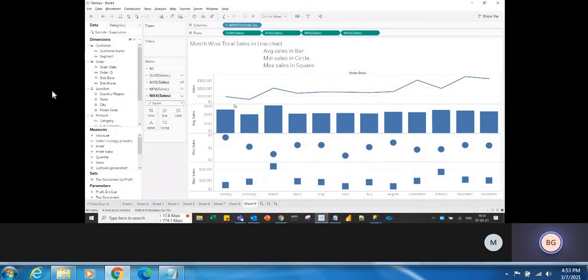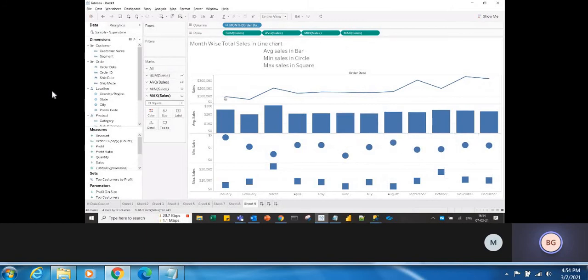And you can do the formatting, right? Like color you want to apply, you can apply, and size you want to change, you can do it. All those formattings, and even the tooltip formattings. See, if I place the cursor on average sales, it is showing everything, right? Month of order date is January, and average sales, maximum sales, minimum sales, and even sales value it is showing. If you place the cursor here, see, here also it is showing everything: average sales, maximum sales, minimum sales, and sales. So I don't want that. Wherever I am placing the cursor, it has to show the values only for that.